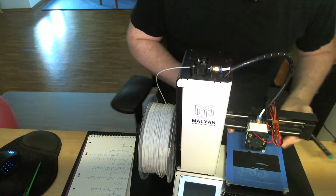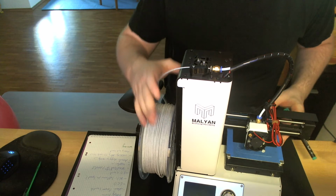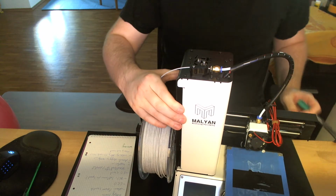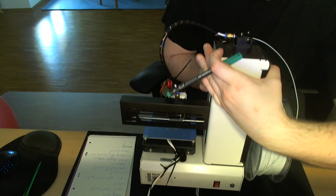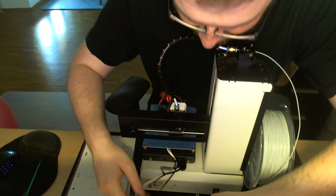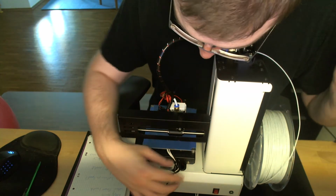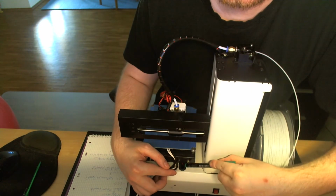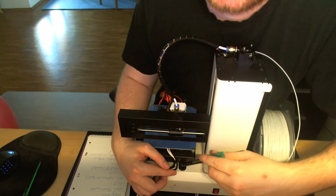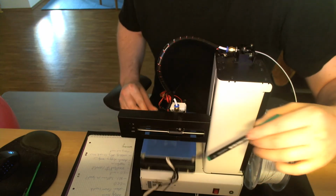Well, there is quite a construction flaw on that. Hope you can see it. No, you can't. Maybe you can see it. Oh, yeah, there you can see it. So you probably noticed that there is this nice, well-mounted cable stuff around here. Well, the original heat bed goes right into the slot here. Well, technically a good idea to hide it, but as you can imagine,